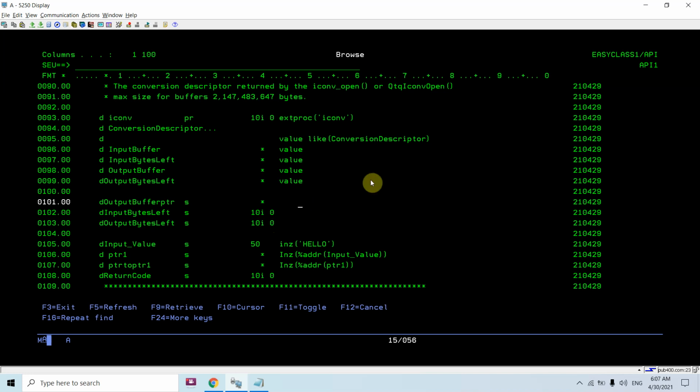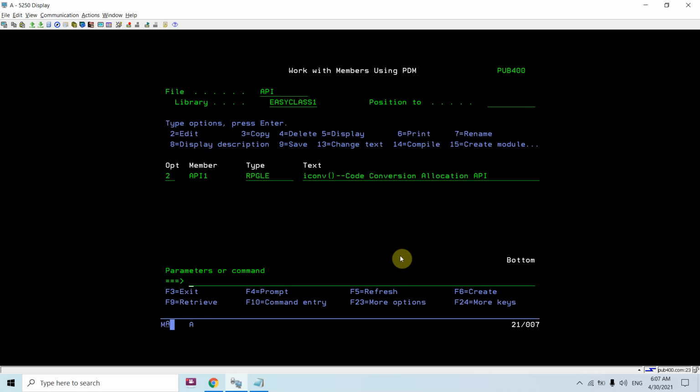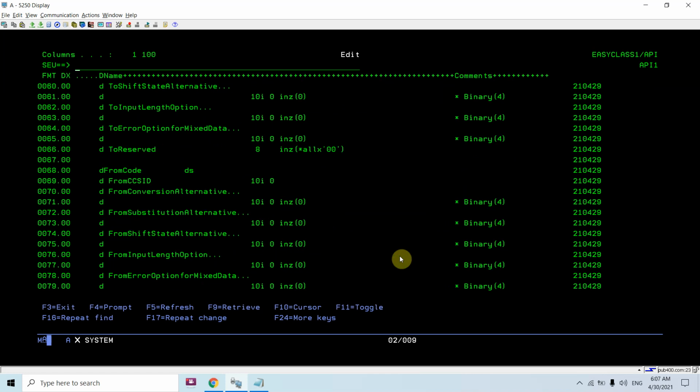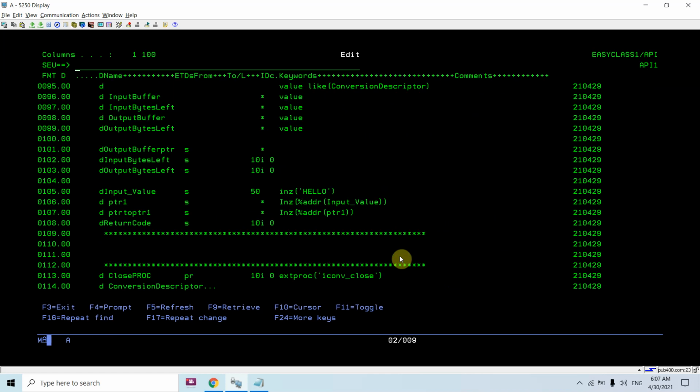But let's leave that because I'm passing the pointer, so I won't be using this. So I can remove this. If I was passing the values, yes I can, sure, pass 10i0 here as well and here as well, but I'm not passing that.